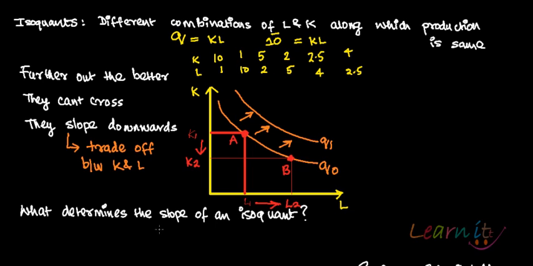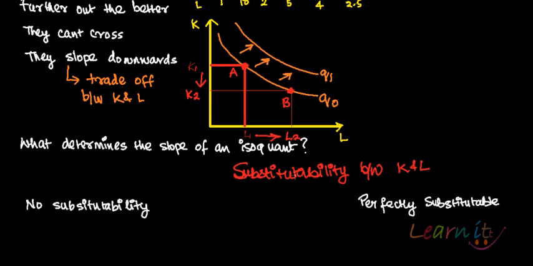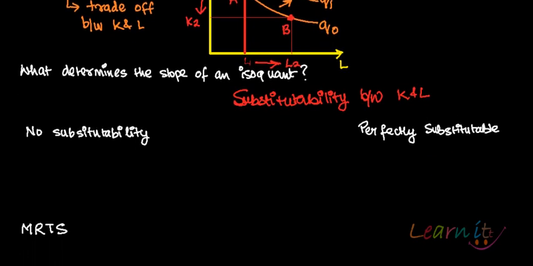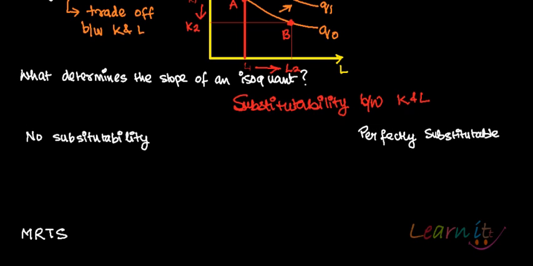And what do you think determines the slope of an isoquant? It is basically substitutability between capital and labor. Substitutability between capital and labor is what determines the slope of an isoquant. In case there is no substitutability whatsoever, say, for example, a perfect complements kind of isoquant, or a Leontief type function kind of isoquant,